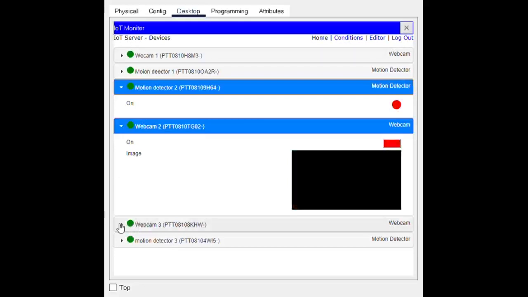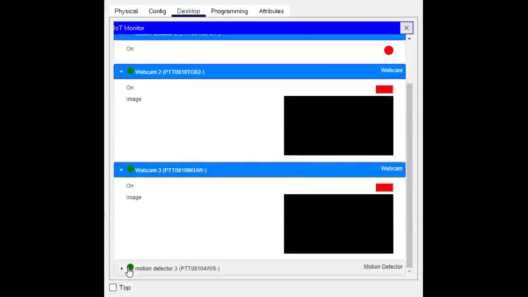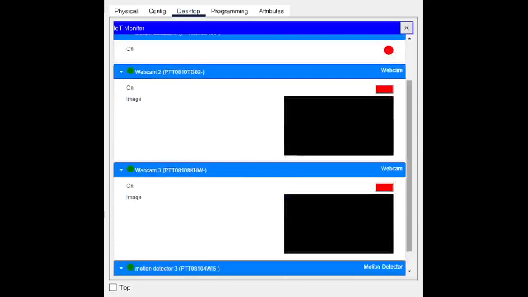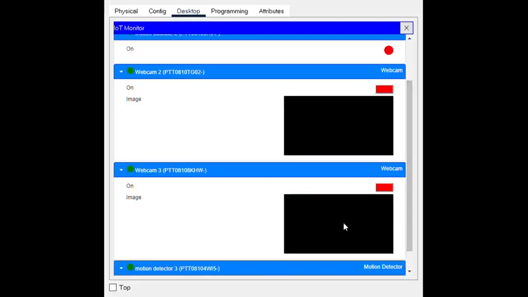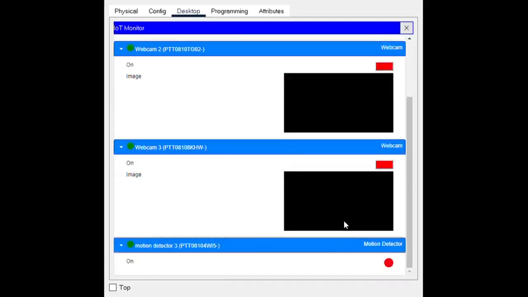Simply when the motion detector 3 turns on, then the webcam 3 will also be turned on, and when the motion detector is turned off, then webcam 3 will also be turned off. This is a project of our CMD subject. We have now simulated the Internet of Surveillance using Cisco Packet Tracer. Thank you.